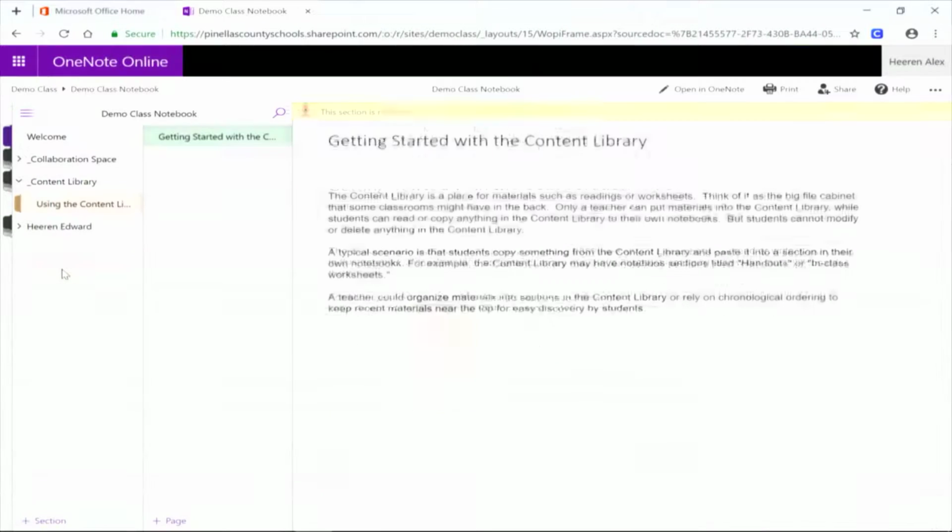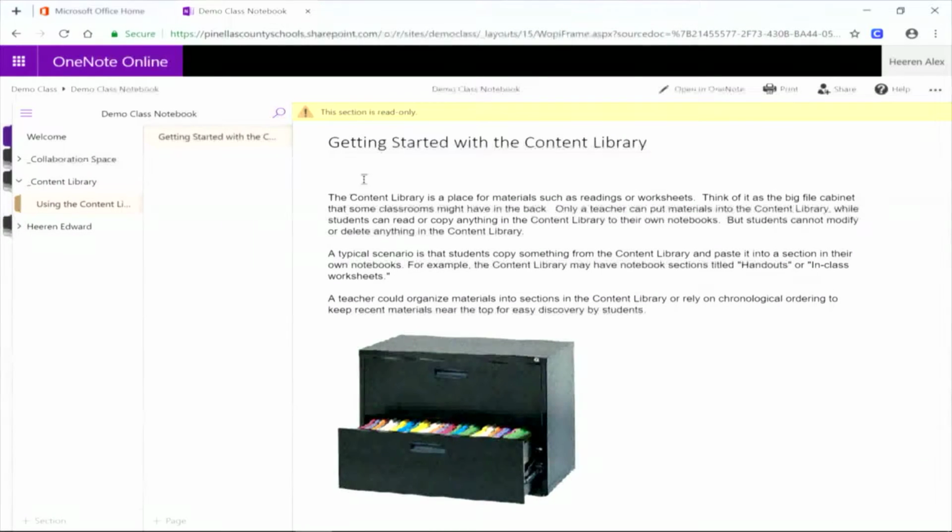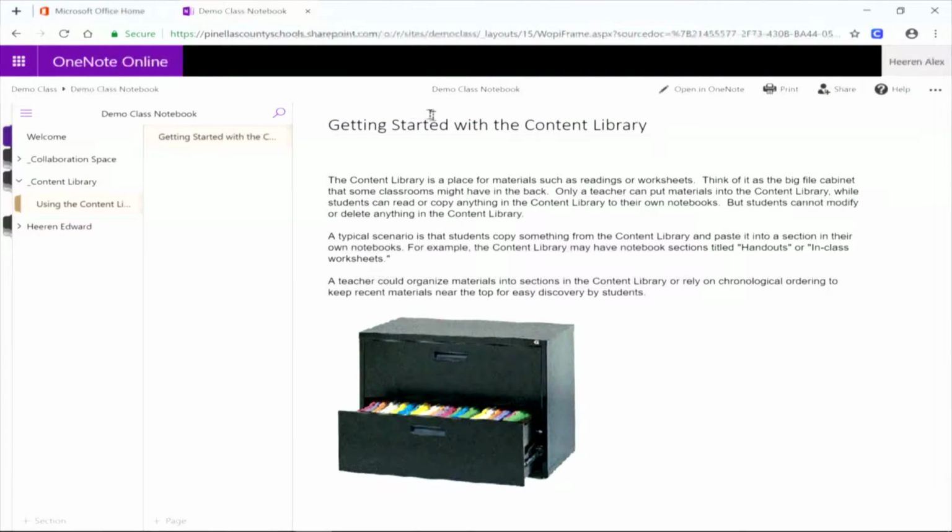So the content library, unlike the collaboration space, you can see this little yellow bar here. It popped up for just a second, said this section's read-only. For me, because I'm a student. Okay. Which means I can reference all the stuff here, all my teachers' PDFs that they've put in here, their